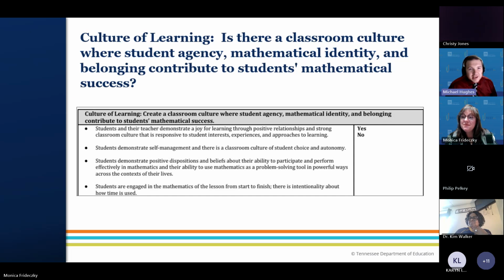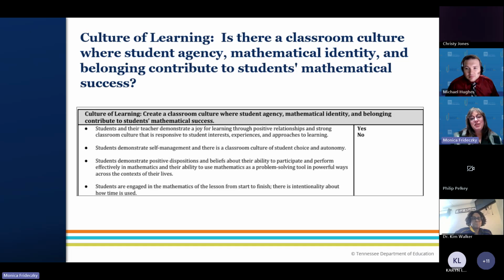So we've gotten some answers in the chat. Indicators look at what the students are doing and how they are engaging in the lesson rather than just complying. The focus on students, their actions, engagement, their experiences, intentional use of time, and demonstration of joy of learning through positive relationships are things that stuck out to them. Positive relationships, yes. I notice how things should be positive and engaging in the culture.